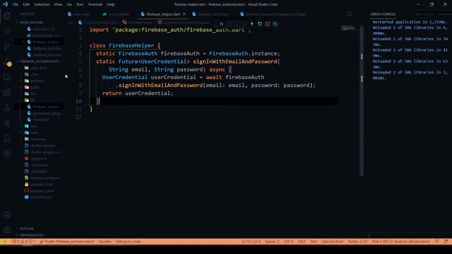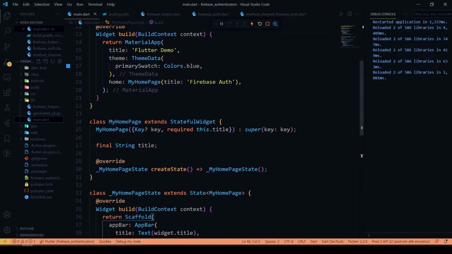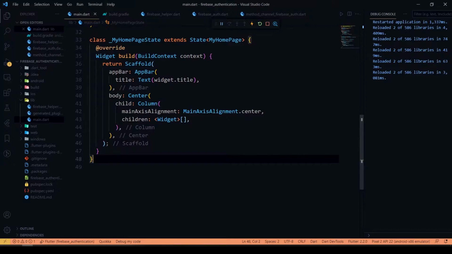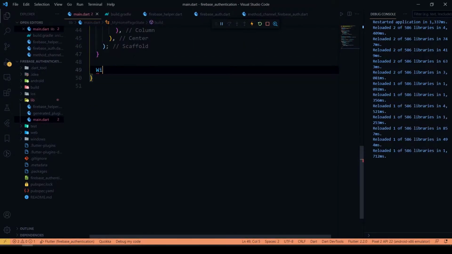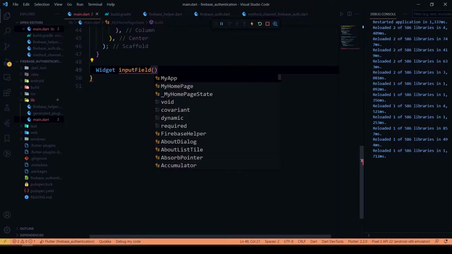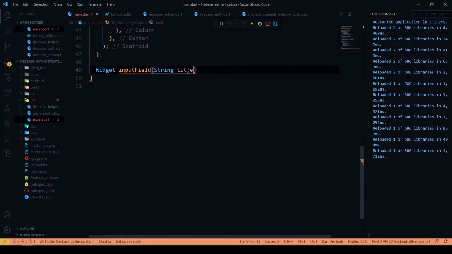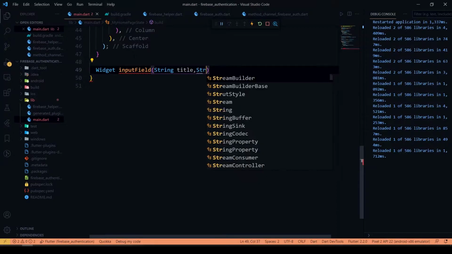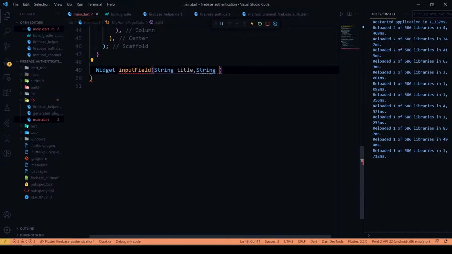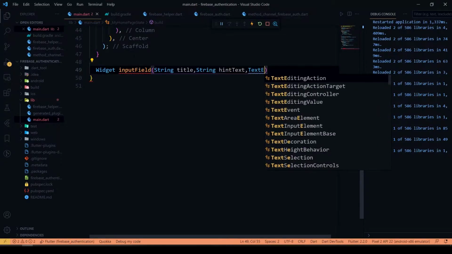We'll create a UI now. I'll be creating a widget for an input field. I'm going to take two parameters, one is a title and another one is a hint text, and I'm going to get a controller here.